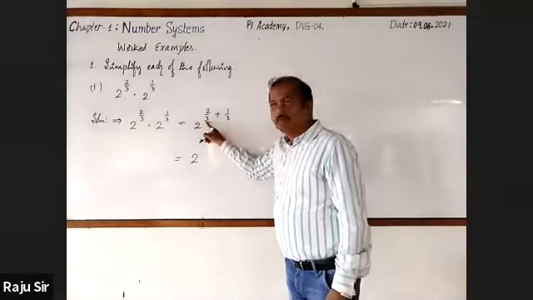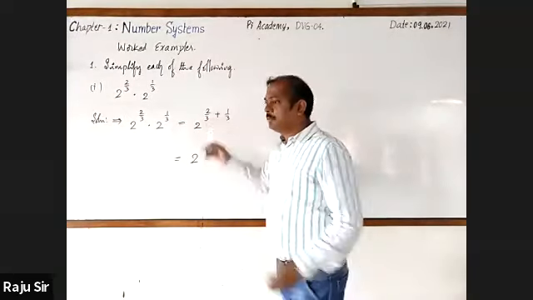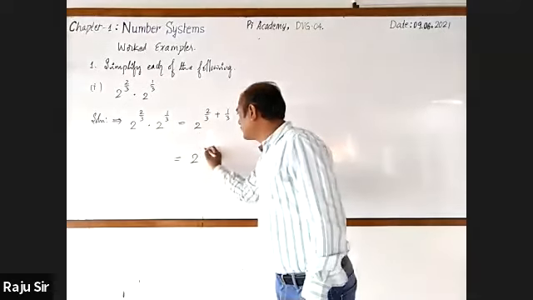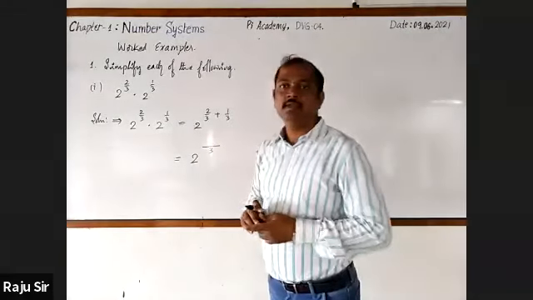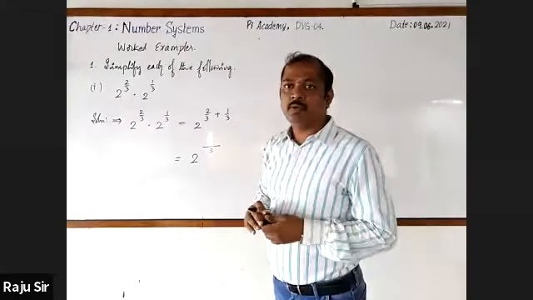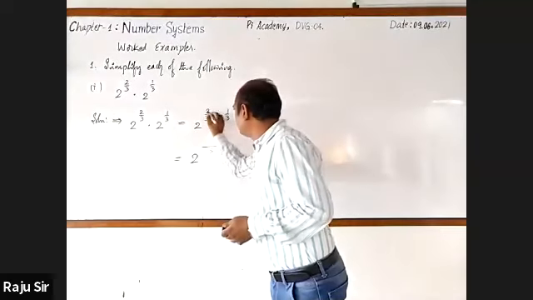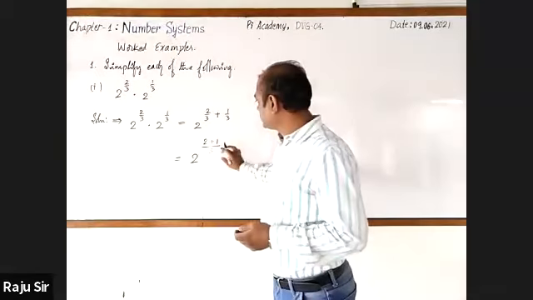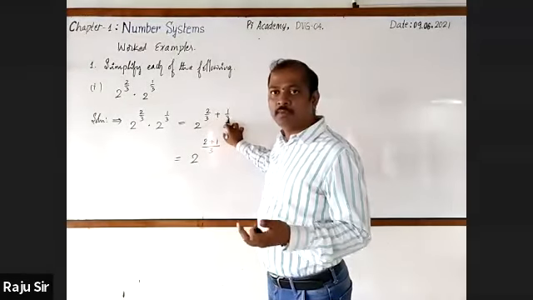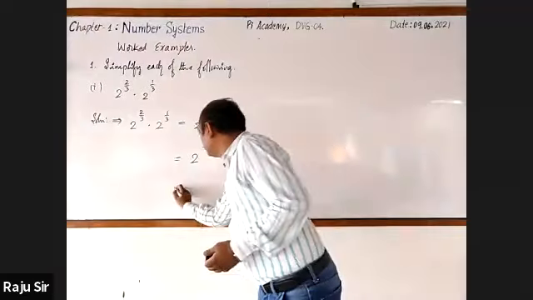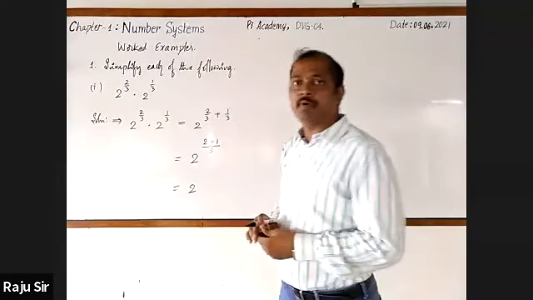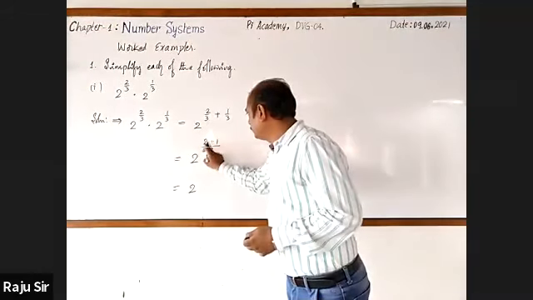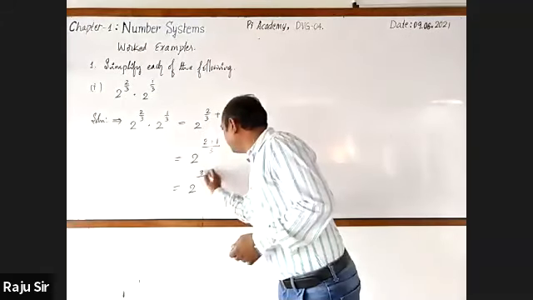Look here. Here the denominator, we have 3 in both terms, so the denominators are same and their LCM will be same. And write the numerators as 2 plus 1. This is applicable when the denominator term is same. This is equal to 2 raised to the power, add them, 2 plus 1 is 3 by 3.